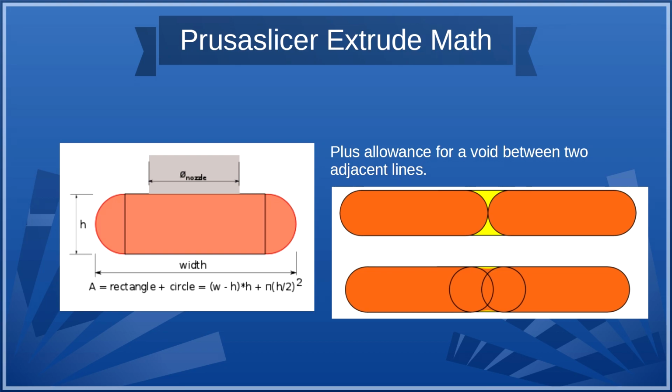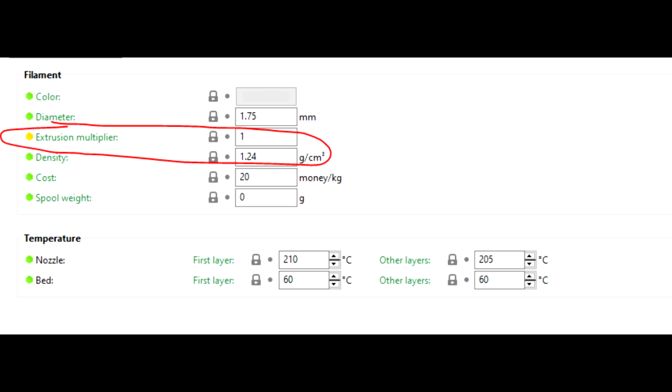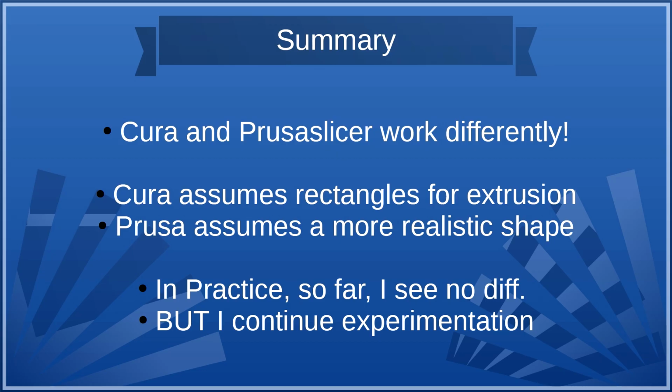Of course, we also have the global extrusion flow multiplier. In Prusa Slicer, I believe it defaults to 0.95. Cura runs at 100%. I mean, just that will make a big difference to the print. I don't really want to make this video too long, so that is all I wanted to cover of the theory at this point. But I do want to consider what this means for us in practice.